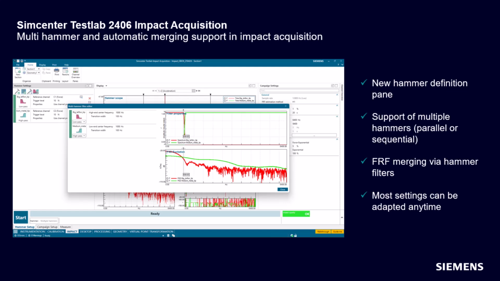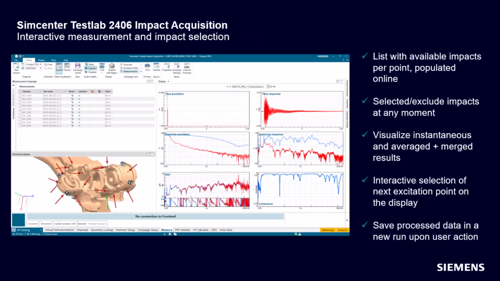Specifically, there are these FRF merge tools that we can use now that are awesome. And you can also use virtual instrumentation. So I'm going to walk you through some of that, and I'm also going to show you really quickly, though I don't have time to talk about it today, that because it's part of structures, we did also